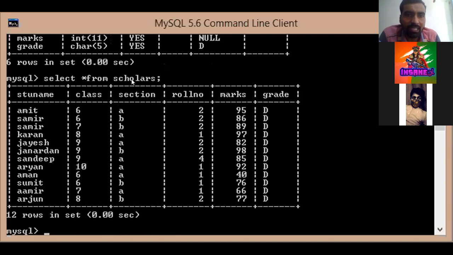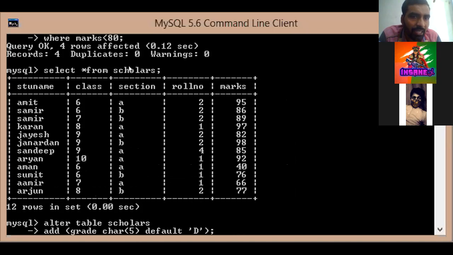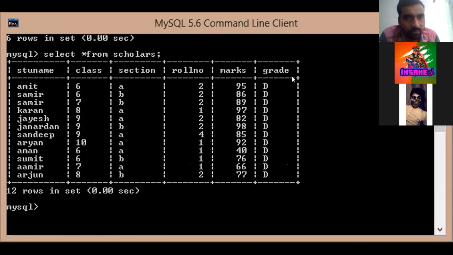When we see the record, you can see now there is a grade column, and in the grade column, the default value we had given, D, has come in all the rows. But before, the scholars table did not have the grade column. Now after altering the table, a new column has been added, that is grade.